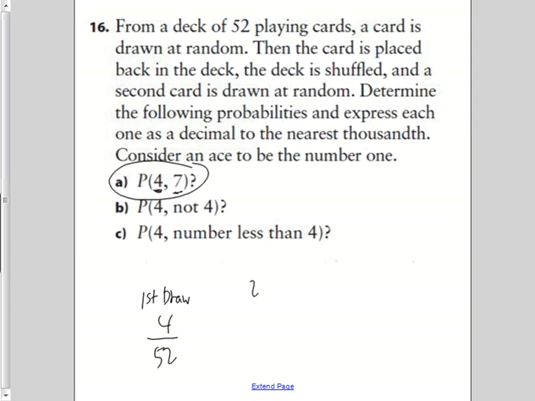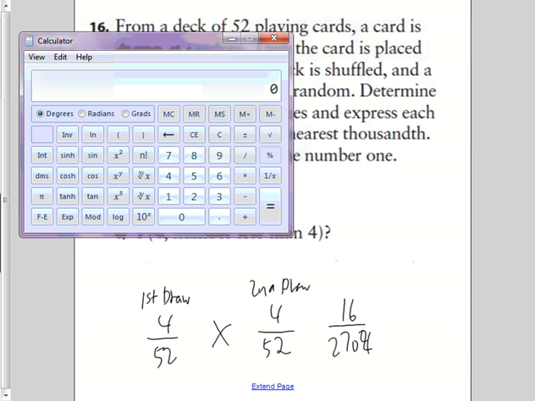Then on the second draw, I'm putting that 4 back in the deck. I have 4 cards out of 52, which are 7s. Multiply those together, I get 16 chances out of 2,702. Is that right? Is that what 52 times 52 is? Yeah, 2704. There. So if I take my calculator, 16 chances out of 2704 is